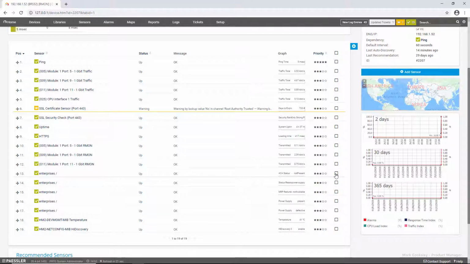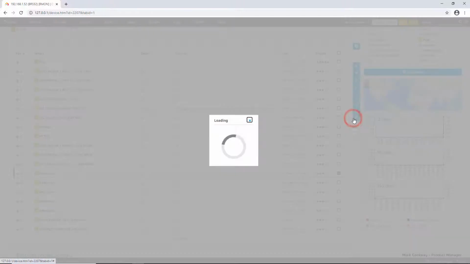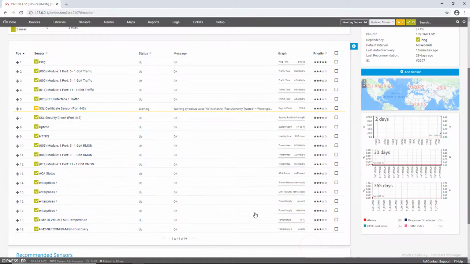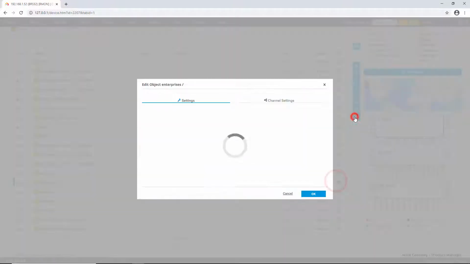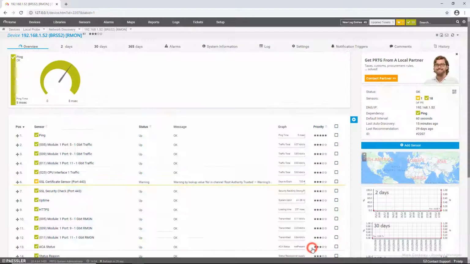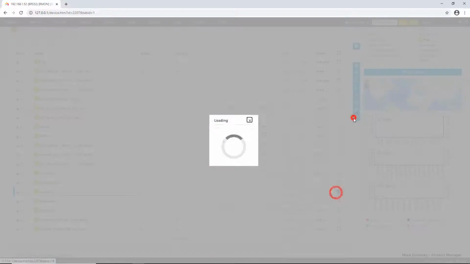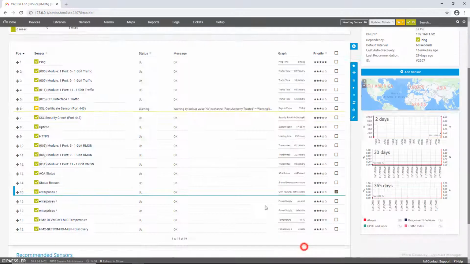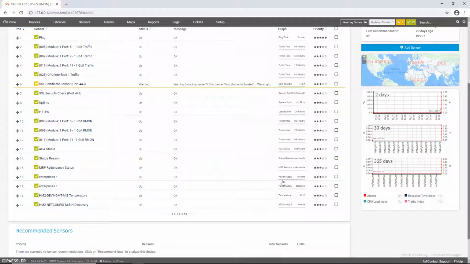I'll speed up the video to save time. The power supply entries are read from a table, so they are listed in numerical order.